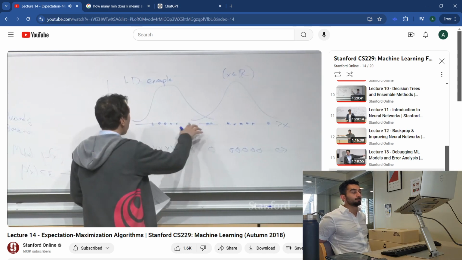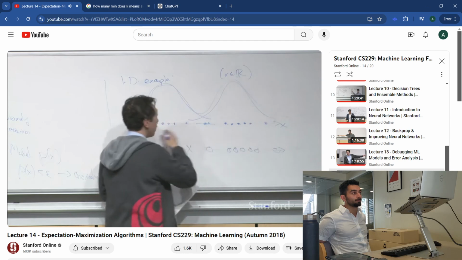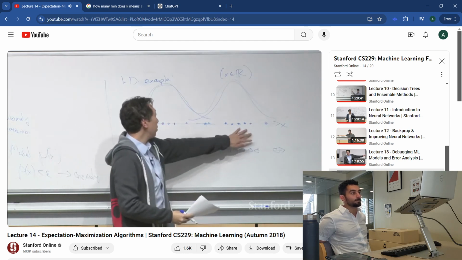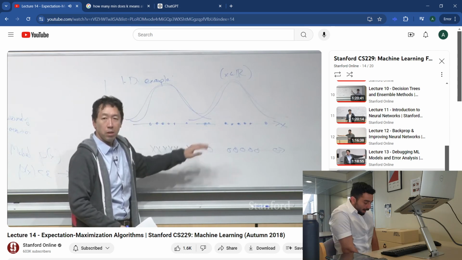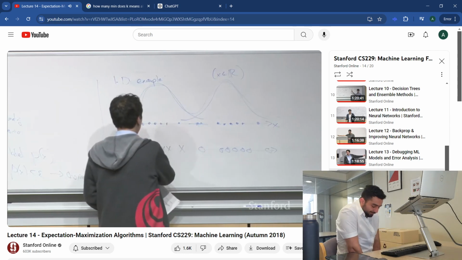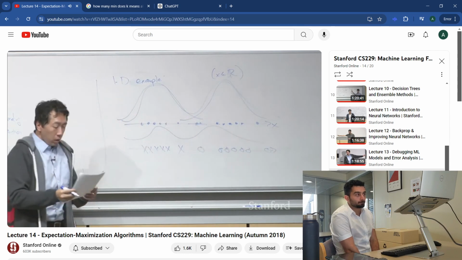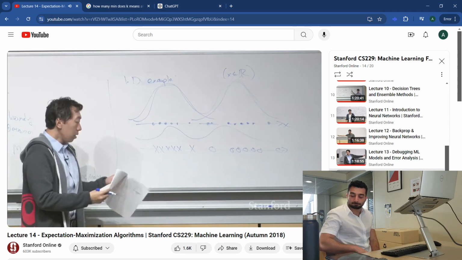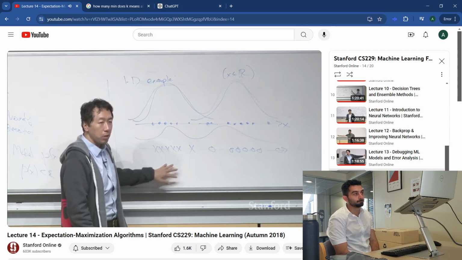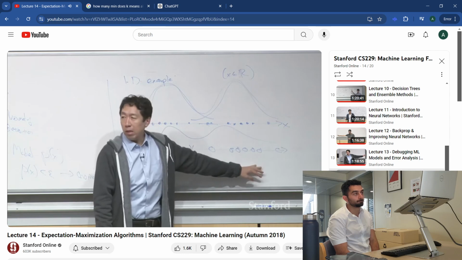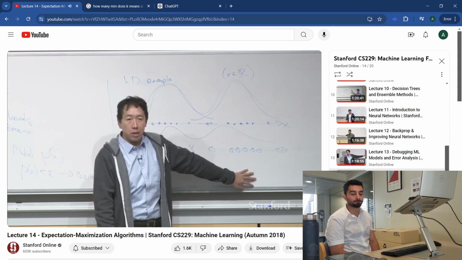And so these are the two Gaussians, and so the overall density would be something like this, right? A lot of probability mass on the left, a lot of probability mass on the right, and less probability mass in the middle. So the overall density, let me draw it again: low, high, something like that. And if you actually had these labels, if you knew that these examples came from Gaussian 1, those examples come from Gaussian 2, then you can use an algorithm very similar to GDA, Gaussian discriminant analysis, to fit this model.